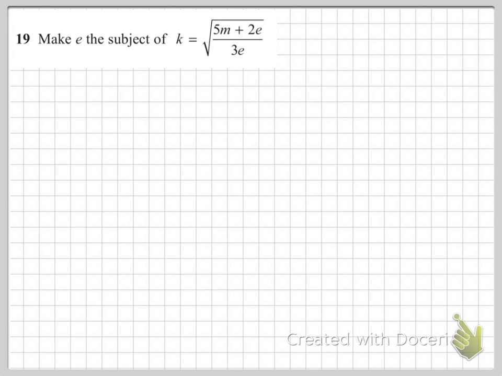Question 19, then we just have to do a rearrangement of this equation to make E the subject. Well, first step, we need to obviously get rid of the square root, square both sides. Next step is to eliminate the fraction by multiplying by the denominator. Now, you're trying to make E the subject, and E appears in two places, so the correct protocol to deal